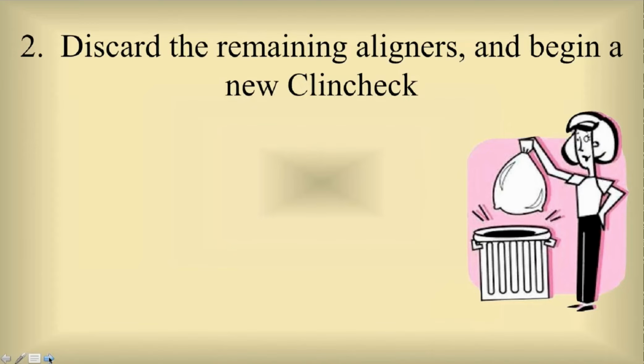Once they get back into occlusion, now you're back at a starting point. I told you at the beginning, I'm not going to give you a super easy, simple answer for this problem. I'm going to give you a comprehensive one. Then you discard the remaining aligners. Your occlusion is back to a solid occlusion on the posterior teeth, because now you don't have interferences on the front, and now you begin a 3rd ClinCheck, one that's going to get you out of trouble the way the